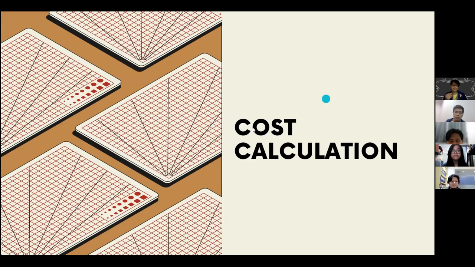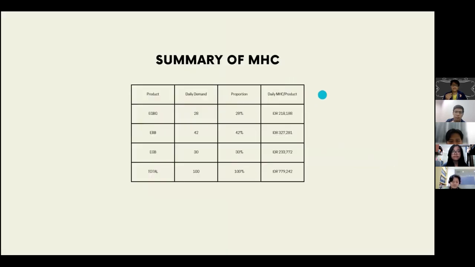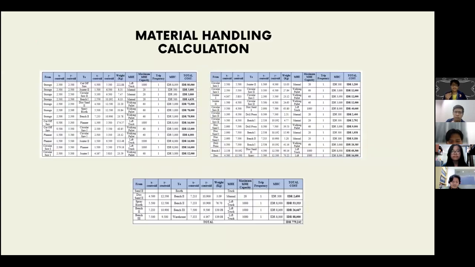The material handling is the movement of raw goods from their native site to the point of use in manufacturing, and their subsequent manipulation on the production floor. The method of this calculation starts from getting the centroid data, i.e. X and Y, from the best layout in CRAFT algorithm for each department. Next, we shall input the weight data that we can extract from the chart. Next is material handling equipment.